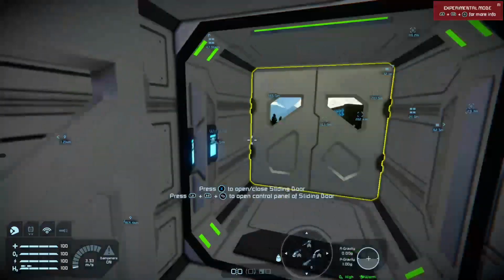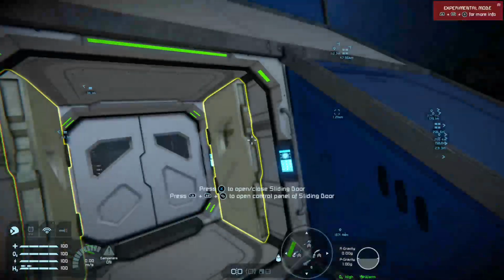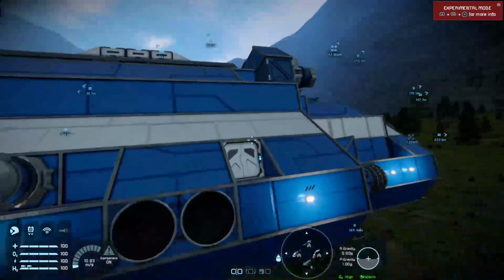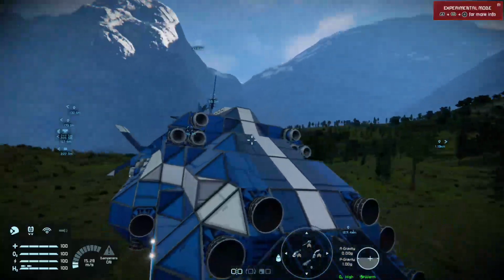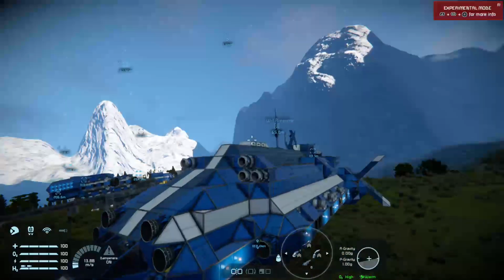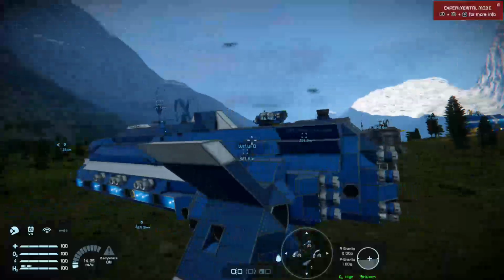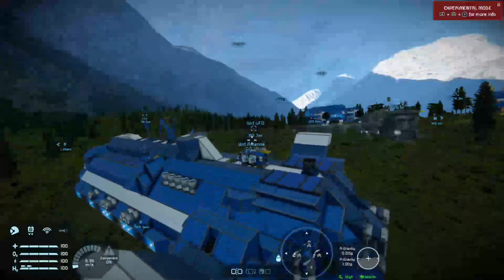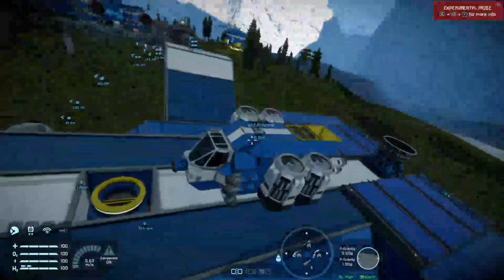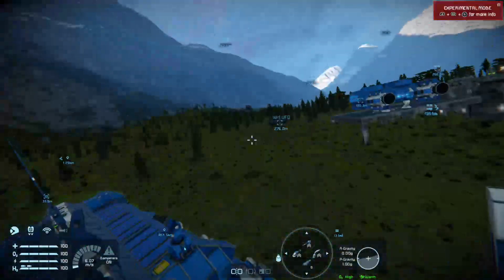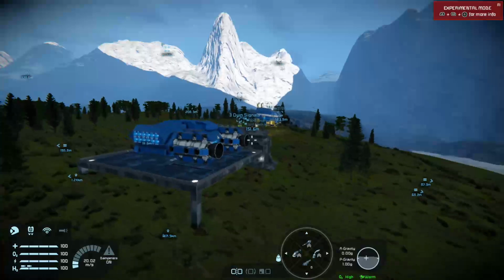Welcome aboard the Century Eagle. I'll just leave my ship, and if you've not seen this before, I will give you a quick fly around. This is my mothership, command ship, and the vessel is fully survival capable. It has some tweaks and features from the one that's up on Mod.io. I will put the link in the video description. There's the Eagle pod attached. But this is my creative save.